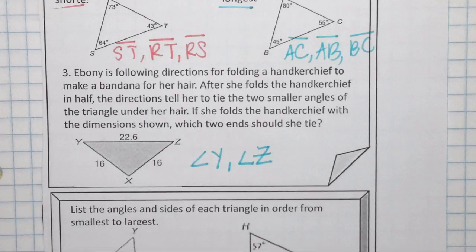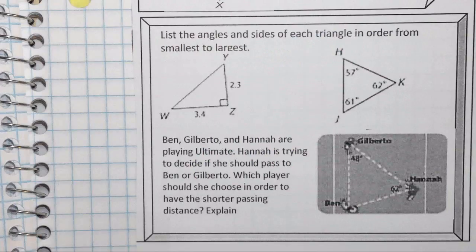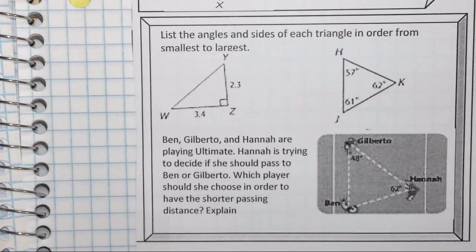Alright, do the next 3 without me. You need to be able to explain the last one. Do the next 3 without me. She said to do the last 3. Alright guys, I said do all 3, but for this one,